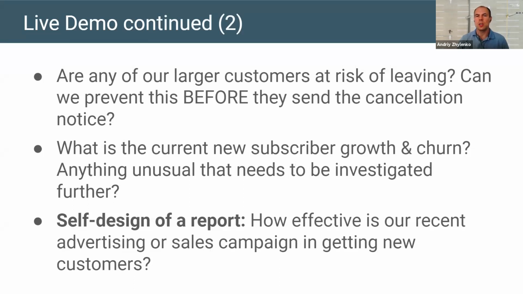For instance, can we proactively notice that one of our larger customers is about to leave, and we want to be able to intercept it before we actually send a cancellation note. So we can notice it when, maybe if we're testing our competitor, the traffic to us has decreased significantly. Or in how we're doing on customer growth and churn right now, like last week, last 30 days. So what is happening there? We don't want to wait until the churn manifests itself in a decrease in the amount of money in our bank account. We want to detect those things as early as possible